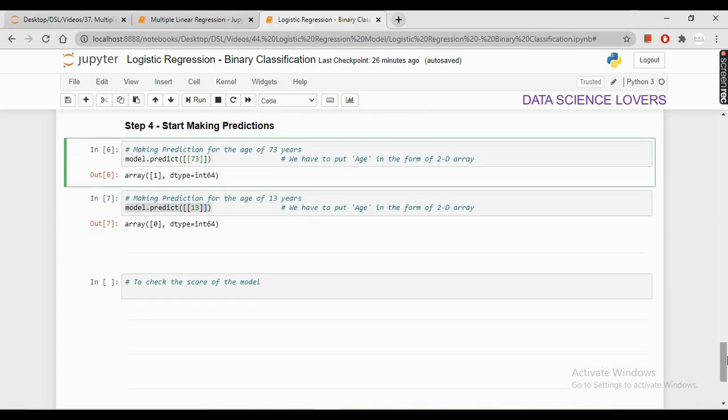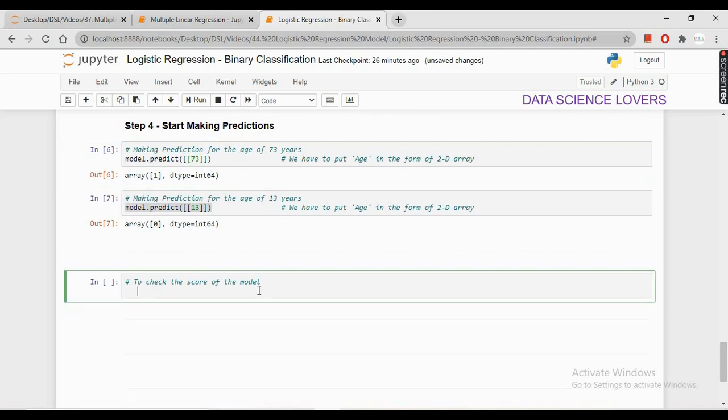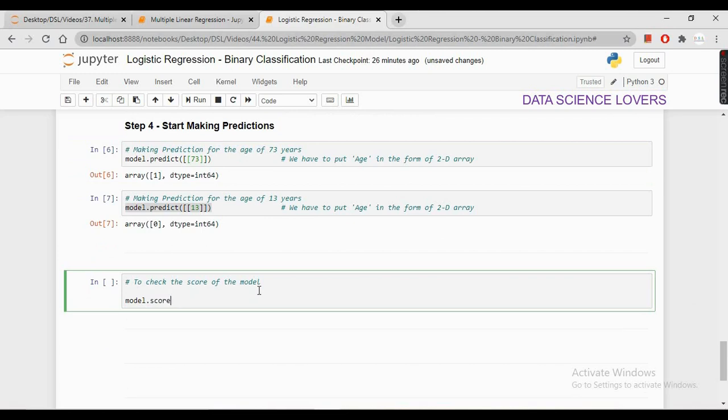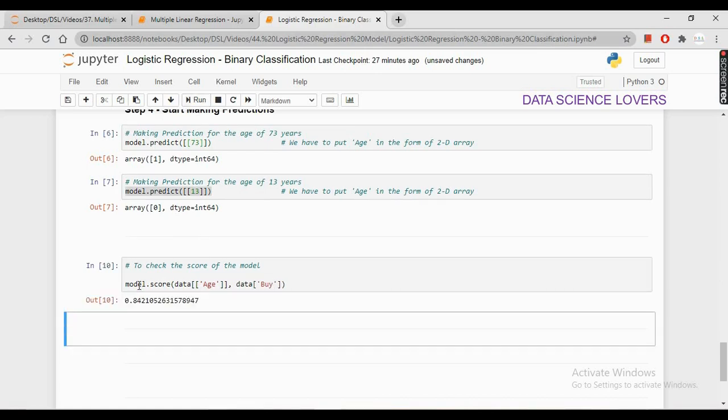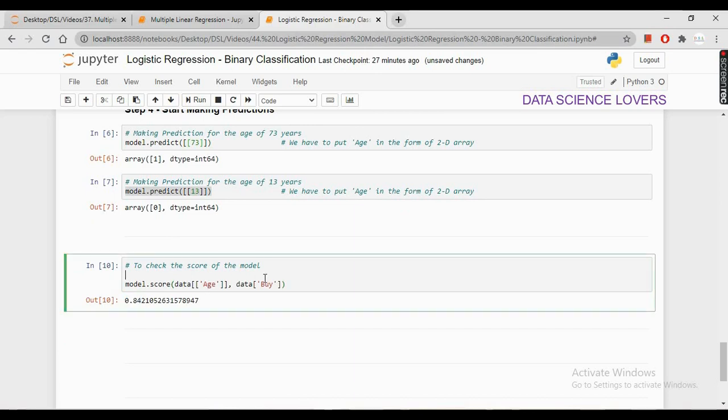So now to check the accuracy of our model, we can use the score function. Model dot score. In the score function, we will put our x and y. Again we have to put our x in the form of a 2D array. Then we will put our y. If I run this, it will show the accuracy of our model. It is showing 0.84, meaning our model is 84% accurate, which is good enough. The accuracy of our model could be better if we have a larger data set